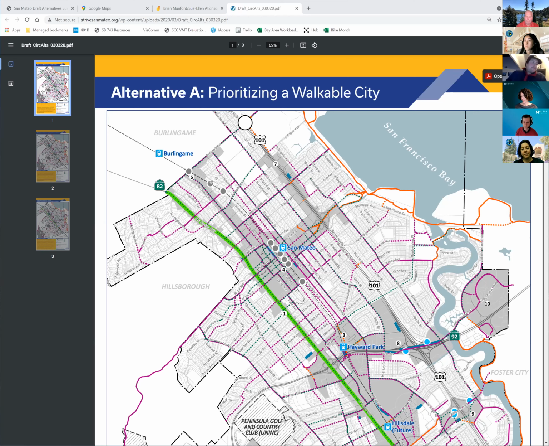And then some of the regional plans as well. So the Caltrain electrification and modernization will bring more frequent and faster trains to Caltrain. We took that into account, as well as some of the regional highway plans, such as the 101 express lanes. Brian, could we have you show the whole map? Paul, want to look at the area on the bottom part.